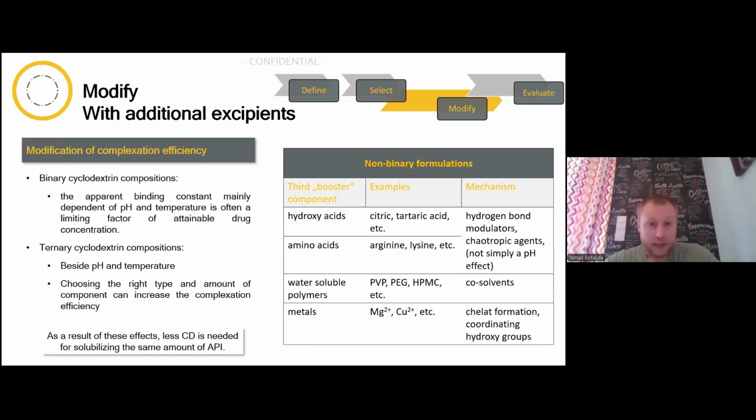So you have a complex now. There is one, and then you know how to create a complex. Now there is one part which we haven't talked about. We talked about how you can play with the pH and temperature and cyclodextrin type and concentration to improve the performance. But let's take a moment to talk about certain components, because